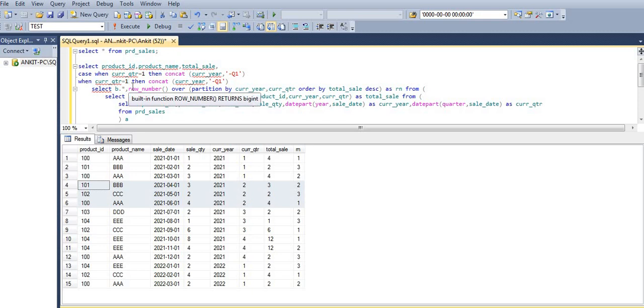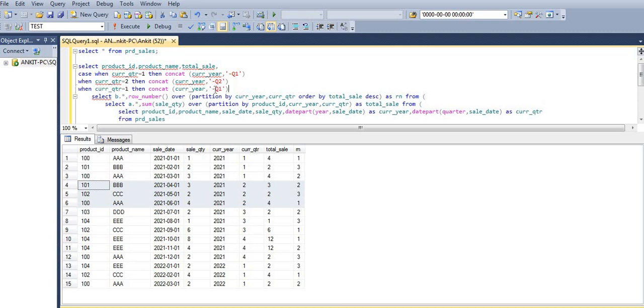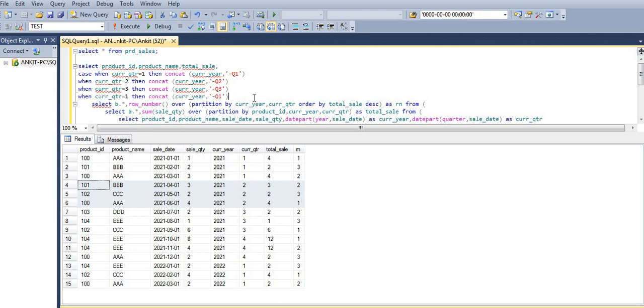When my quarter is 2, I should get the output with current year and quarter 2. When my current quarter is 3, I should get the output with Q3. So it should be Q4 end as current year QTR